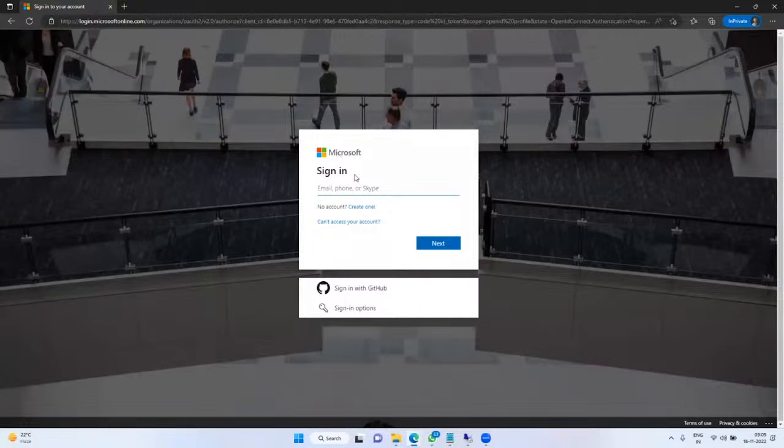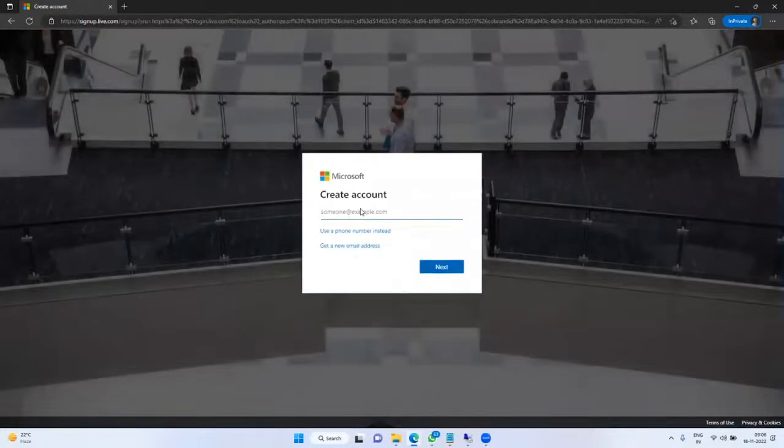This is the Microsoft account. Here you can use a Gmail address, or Yahoo, or Outlook, or Hotmail. Anything can be used, no issues. If you don't have an account, you can proceed and create a new one.